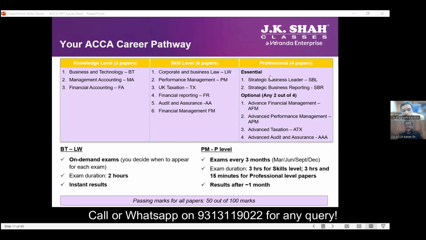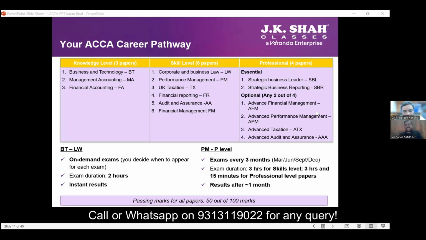Basically, this is a subject where you learn management skills. So this has no connection with the CA subjects that they have done. This is the only subject which has no connection with the CA which they have done. So for the Strategic Business Leader paper, because it does not have a lot of connection with the CA coaching that they have done, that is where a little bit of coaching will come into the picture.